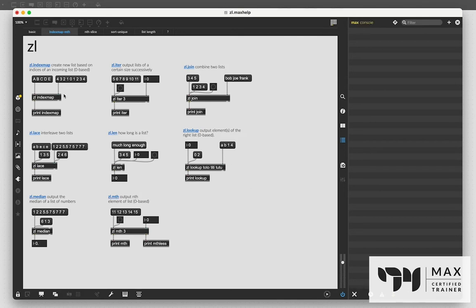zl.indexmap is great if you need to recreate a list from specific values. All you've got to do is send said index map into the right inlet. So we're going to send this 4, 3, 2, 1, 0, 1, 2, 3, 4. And then we're going to send it a list into the left inlet. And it's going to create a new list